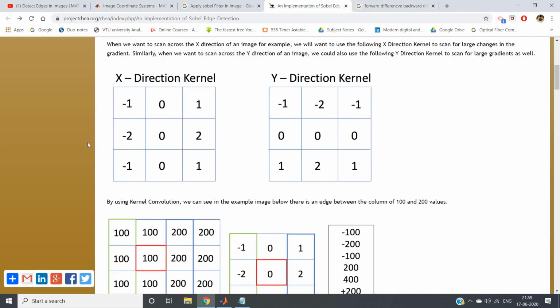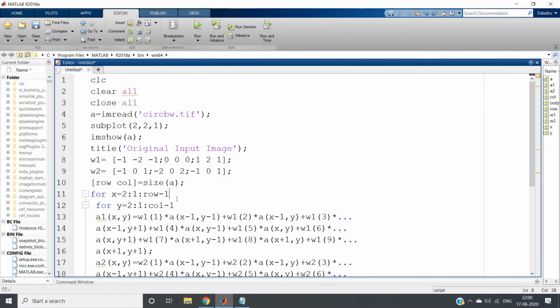So this particular filter, see, -1 -2 -1 to 1 2 1, it is kind of moving from left to right, and in the y direction from top to bottom. The y direction is increasing in the downward direction, the x direction is increasing toward the right side. So these two filters you can use for your project, but you can use the reverse case also, no issue in that. Based on that, here is the code. The same code will be posted in the comment section or in the description box also, no need to worry.